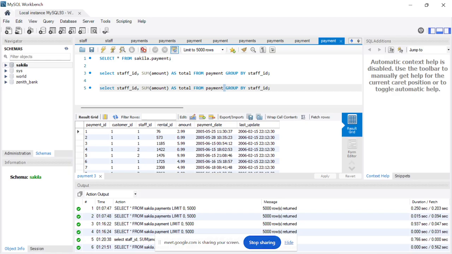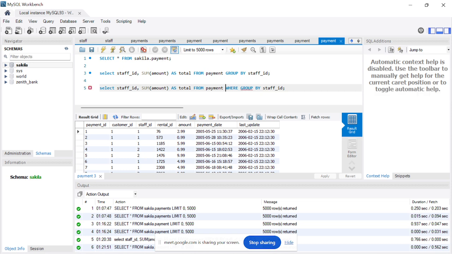Because let's assume a bank invited you that please, we want you to analyze all our data for April. There are different things you can do based on your knowledge on different functions, on different keywords, especially your knowledge on date and timing in SQL. So what will I now do? I'll now say, you must know that where always comes after the table name. So I'll now say payment where,